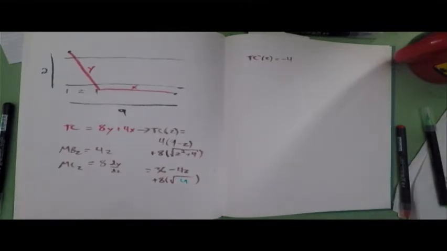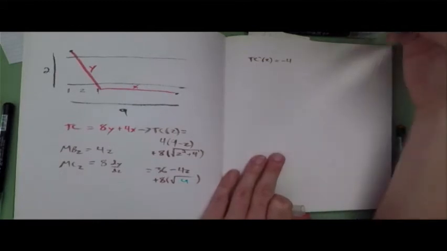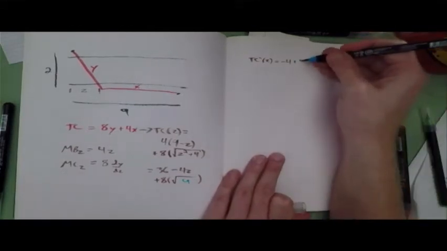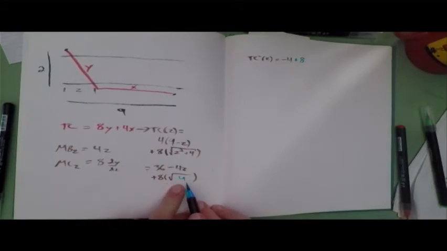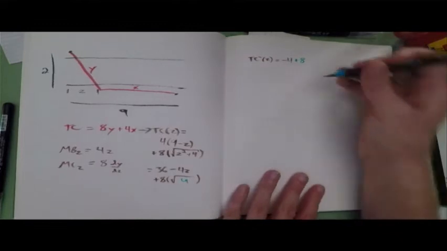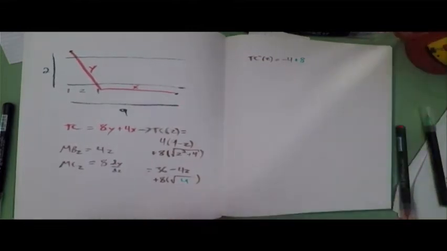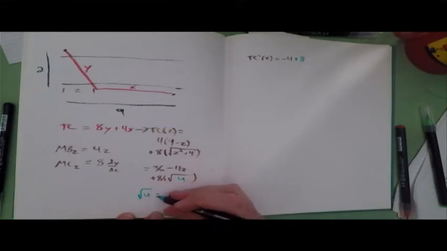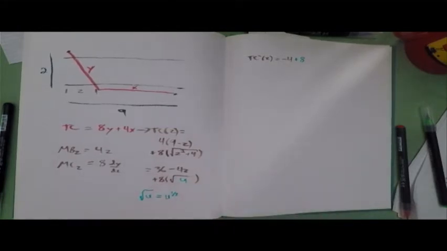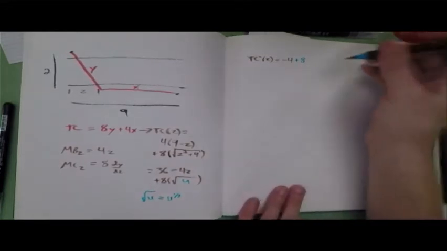So this is going to be plus 8 times the derivative of this times the derivative of the inside. All right, so what's the derivative of the outside? Well, this is the same as u to the 1/2, which turns out to be really convenient because it obeys the power function rule, which means